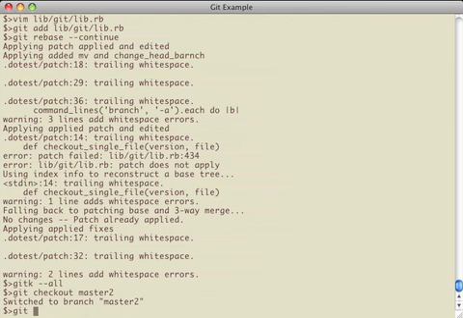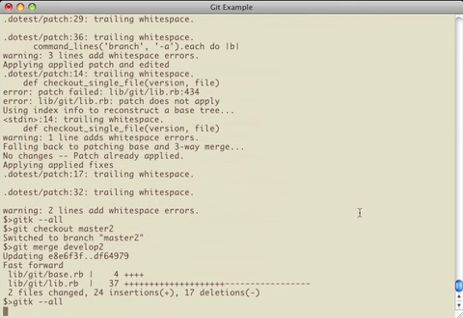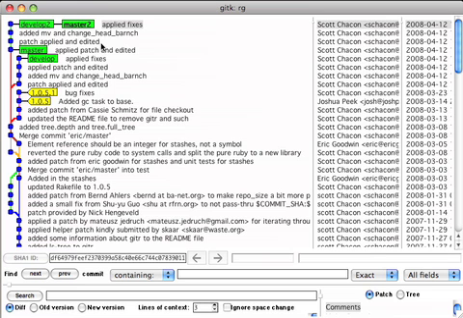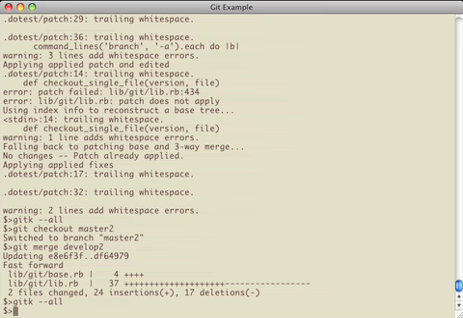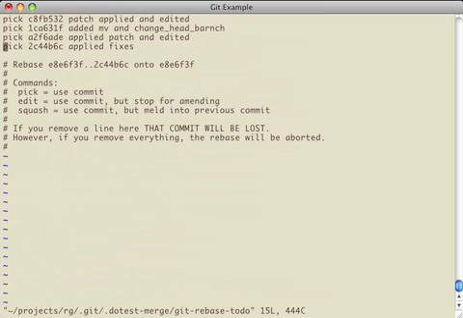Now I'm going to show you interactive rebase, which is a more interesting way of being able to do that rebase but change your history as you go. So the way that you would move master up is you just either rebase or merge, and it does a fast forward again. So that's part one. That's how we can do it with just rebase. So let's do it with interactive rebase. I'm going to check out my develop branch,